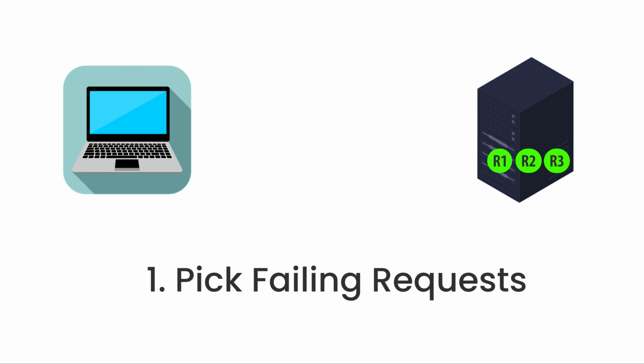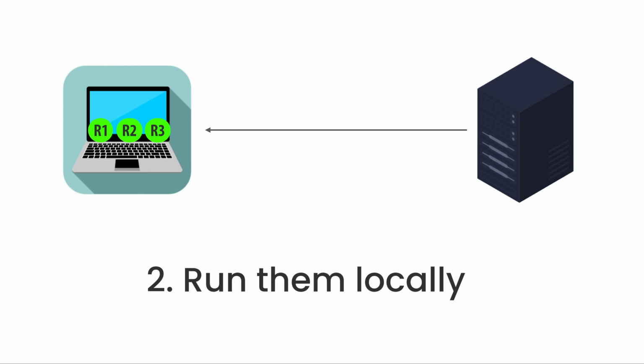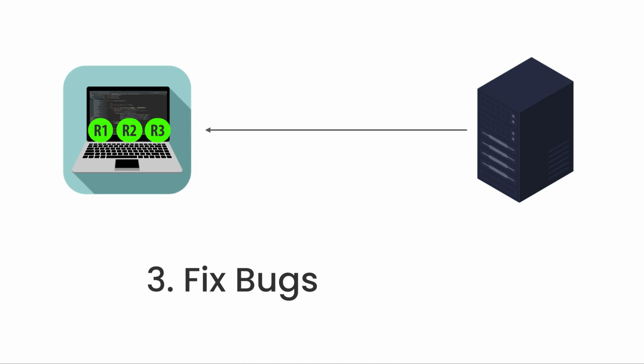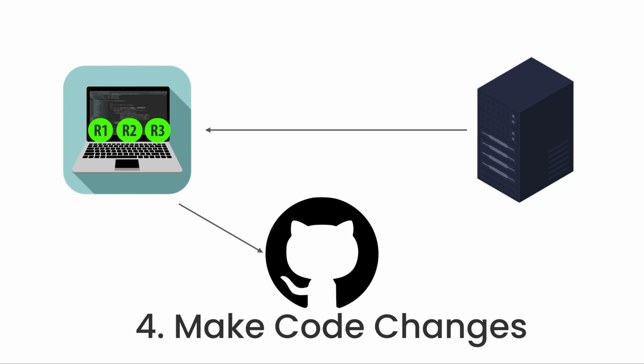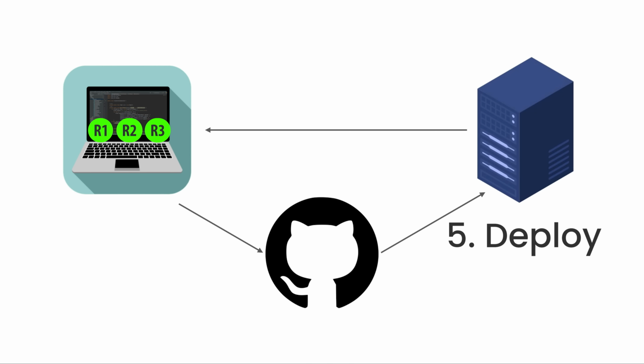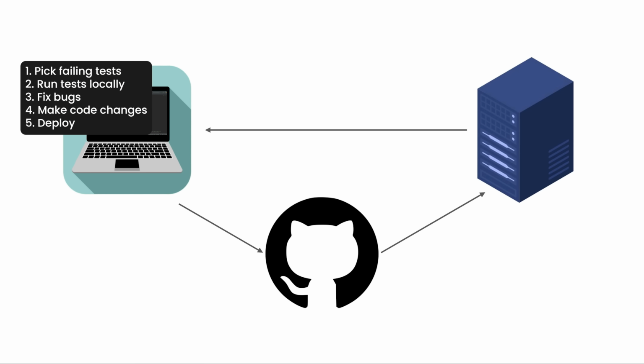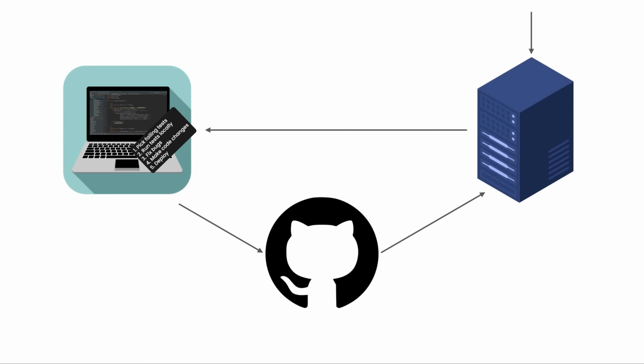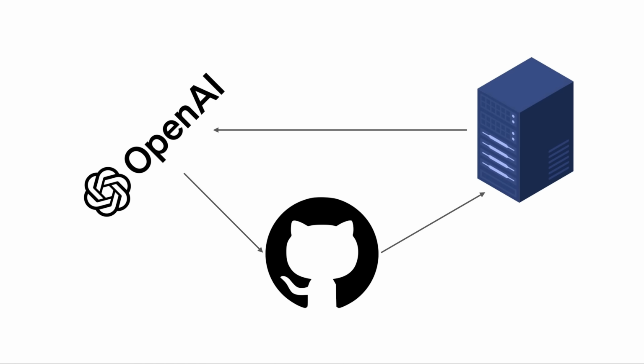Let's take an example. You are a software engineer and you have a production outage. Now what you want to do is pick up all the requests which have been coming to this server, run the request locally, look at where you have the problem, make the code changes for it, and then deploy this new branch to main. If this tedious process could be taken up by a large language model, then you would require fewer engineers to do the same jobs. And you could send the engineers to Goa instead of having them on call.